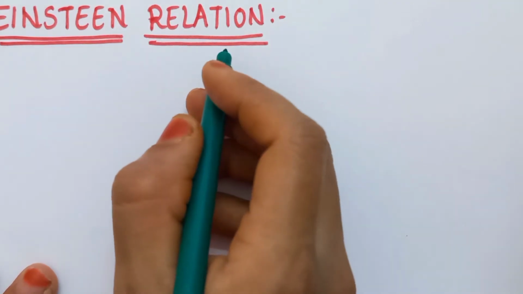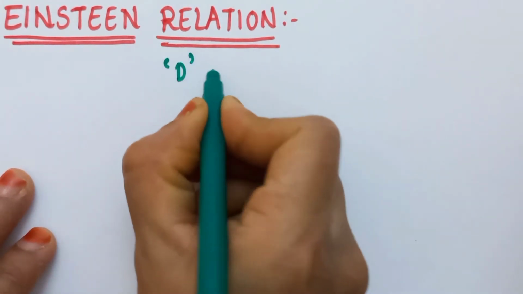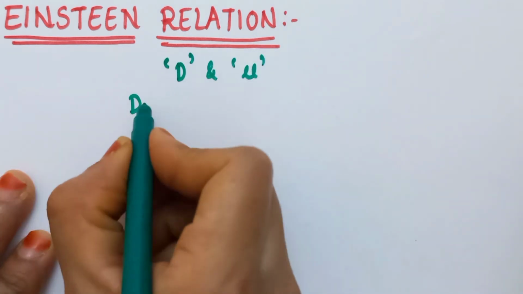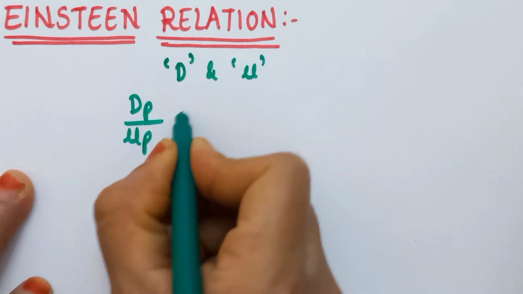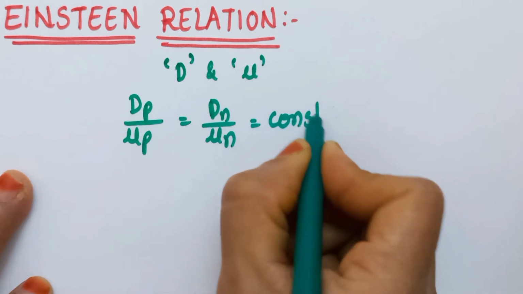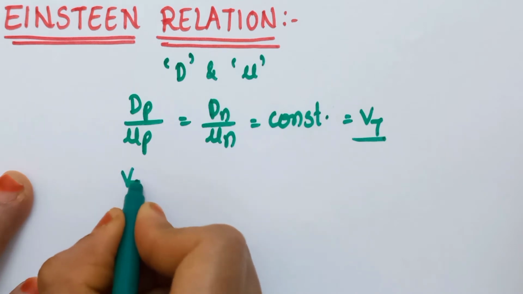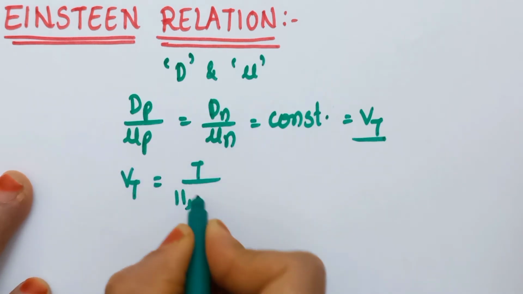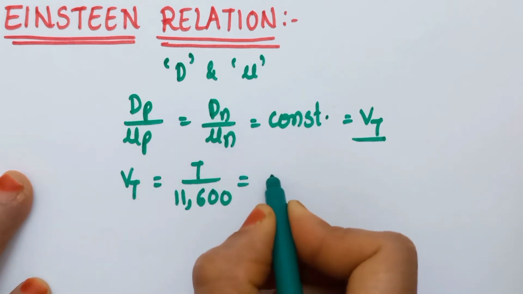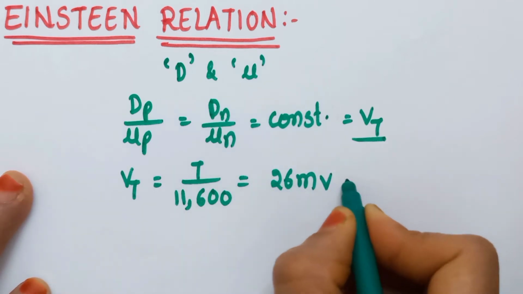The Einstein relation says that at fixed temperature the ratio of the diffusion constant, D, and the mobility, mu, is a constant. So we can express the Einstein relation as Dp by mu p is equal to Dn by mu n is equal to a constant. Let us take this constant as Vt, that is the volt equivalent of temperature. We know that the value of Vt is equal to T by 11,600, which is 26 millivolts. So Vt is taken as 26 millivolts